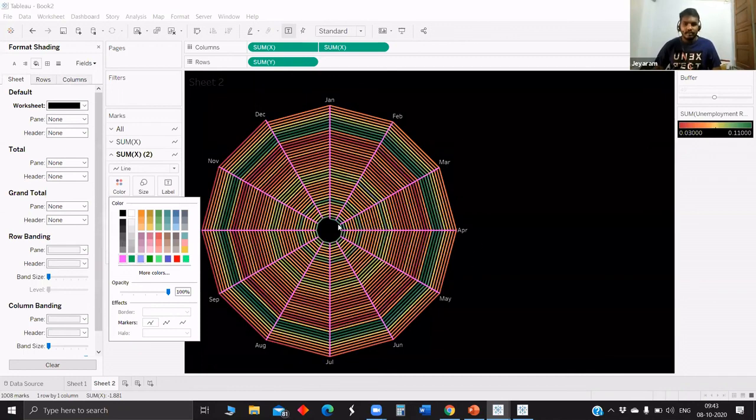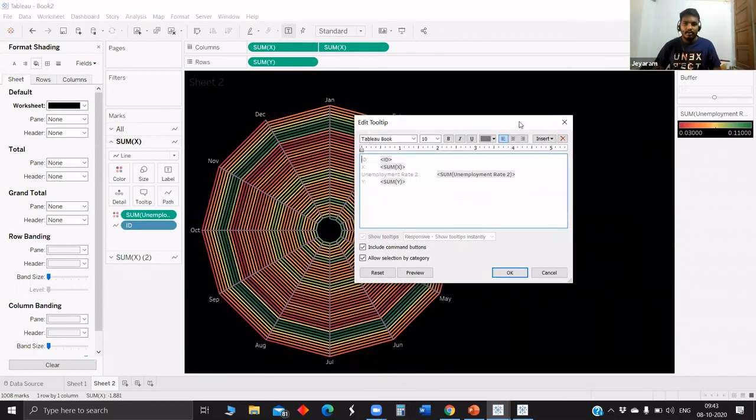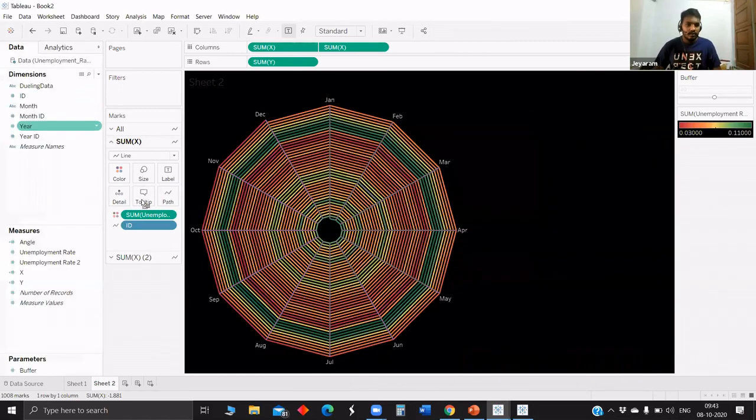Okay. So currently we haven't made the tooltips. If you want a tooltip like year, month, and unemployment rate, we'll add only those.